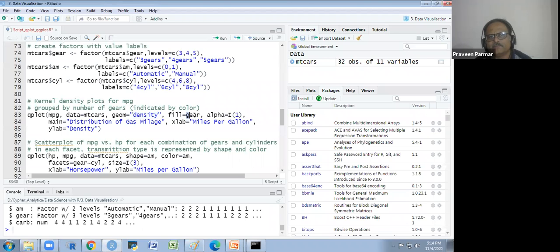Fill is gear, as per the gear, because gear is another variable that is categorical. We have taken that as a factor. So as per 3 gears, I will get 3 density curves for mileage. Alpha I am putting here as 1, intensity. Main title, x label, and y label. I just run it and you could see it.